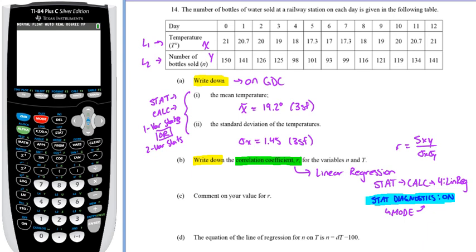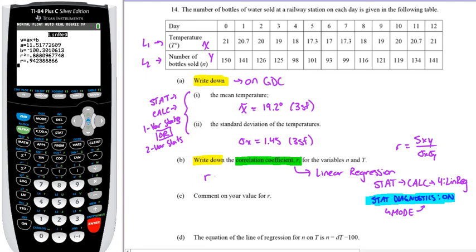So now I'm going to go back to Stat, Calc, and I'm going to pick option 4, which is LinReg. So again, I tell the calculator my x's are in L1, my y's are in L2, and again, I have no frequency. This has to be kept blank, otherwise you'll get the wrong answer. So I'm going to scroll down and go to Calculate, and it's going to give me 4 pieces of information. The values for the line of regression equation, an R squared value, which isn't important to me right now, and